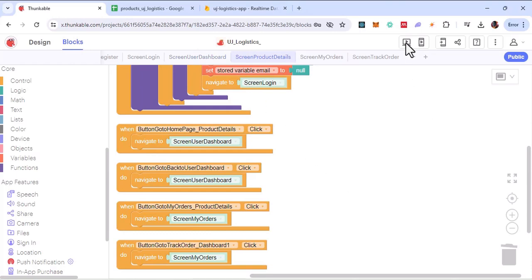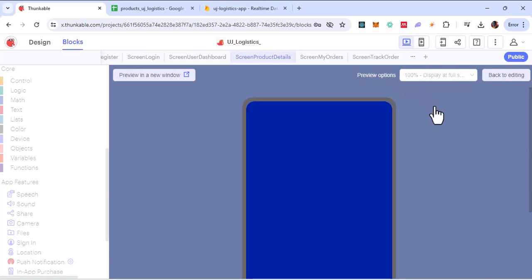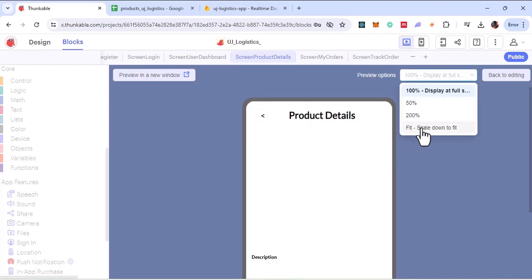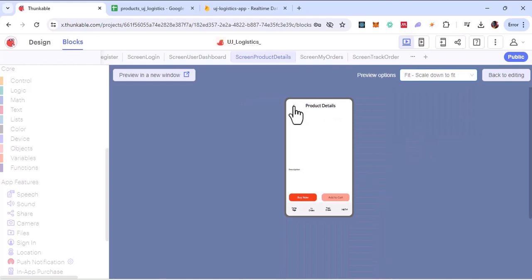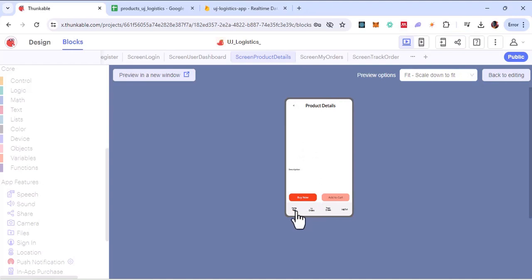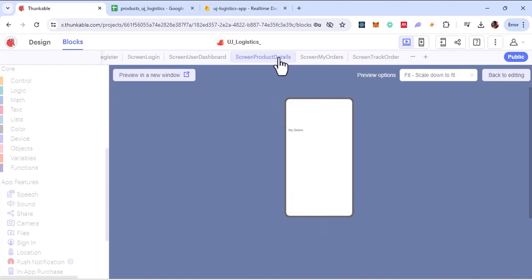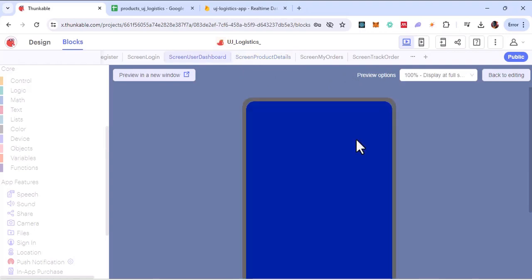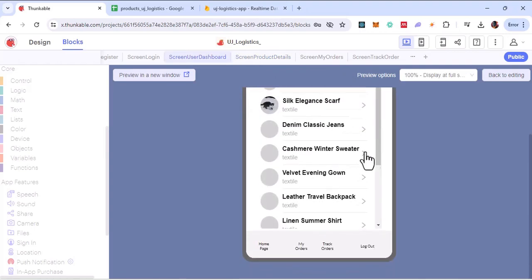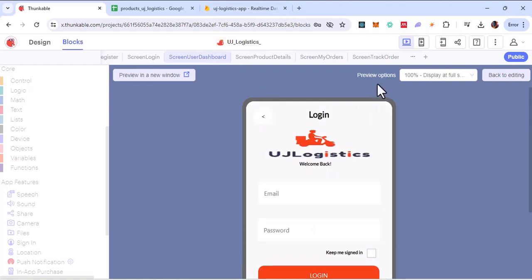I think we are going to be doing a lot on this page, but before that, let's quickly preview our page to be sure that it's giving us what we want. Of course, it will not. The only thing that we are going to be having is this. Yes, this navigation is working. Home page is working. My orders is working. And let's quickly try the logout on the product details page. Yes, and now we have that, so we are going to